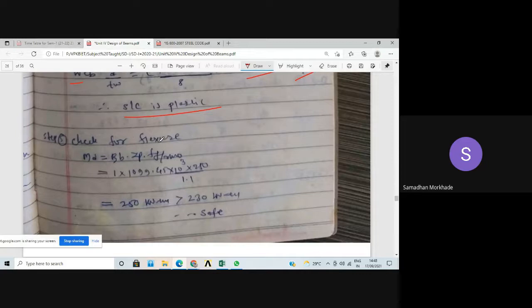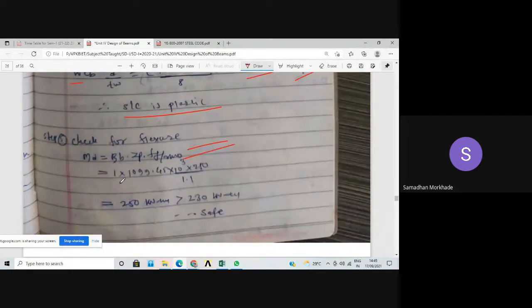So I will recommend that before this you go for check for shear. Check for shear comes first. After that you go for check for flexure. Why is it like this? Because under check for shear we have to check whether it is a case of low shear or high shear. That means V by Vd, actual shear force divided by design shear force, must be less than 0.6, so that it is a case of low shear. If it is more than 0.6, then that becomes a case of high shear, and your MdV equations come into the picture. So here I have given check for shear, check for bending.